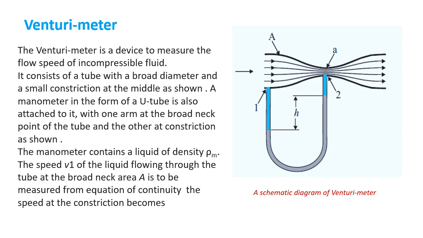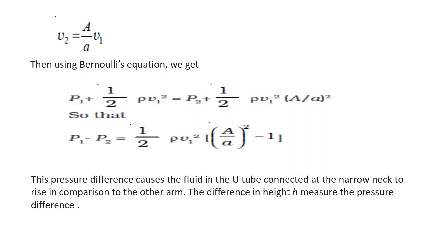The speed V1 of the liquid flowing through the tube at the broad neck area A is to be measured. From the equation of continuity, the speed at the constriction becomes V2 equals capital A divided by small a into V1. Then using Bernoulli's equation, P1 plus half rho V1 square equals P2 plus half rho V2 square, and by putting the value of V2 here,